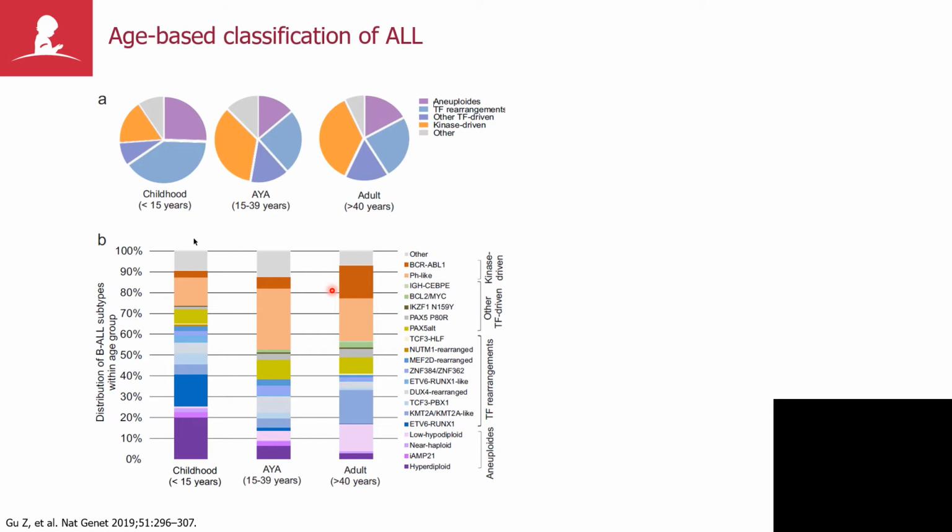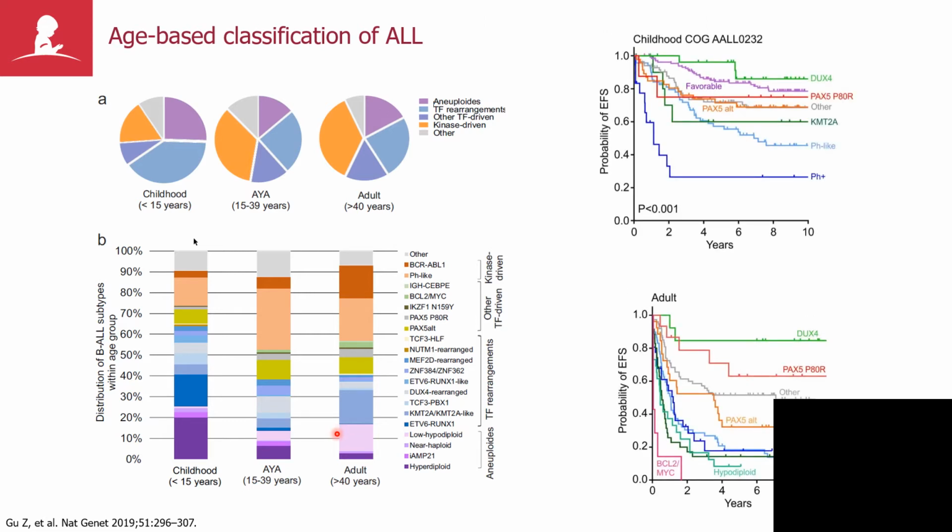pH-like, account for the majority of cases of adult leukemia, and good risk subtypes of leukemia seen in children are very uncommon. Additional striking alterations seen in adults is that MLL leukemia is quite common, as is low hypodiploid leukemia, an observation that was not really identified until quite recently. These subtypes are strongly associated with outcome, both in children and adults, and indeed many of the new subtypes further refine the risk classification and prognosis of ALL.